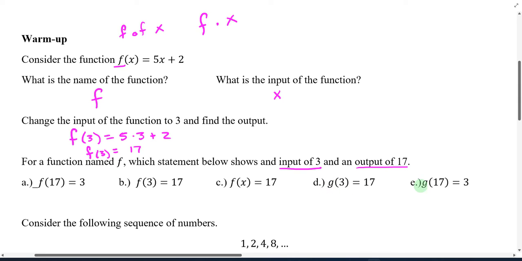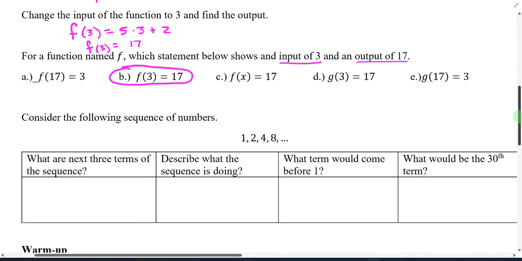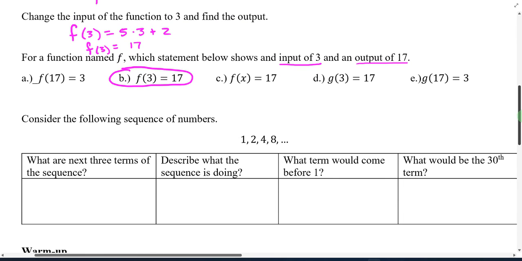It's not f, it's g, and then same thing with this one. So b is the one that shows a function named f with an input of 3 and an output of 17, right? So let's take a look here, and this is kind of what we're going to be dealing with